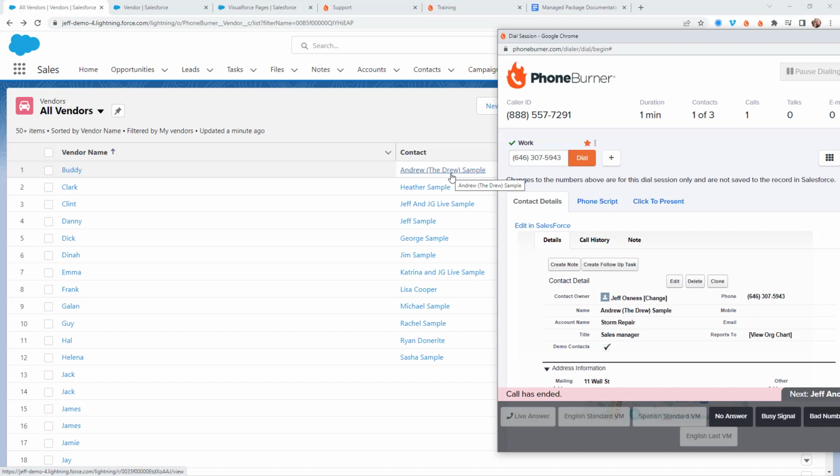All right, so that's how easy it is for you to add the option to launch a dial session to a custom object that's part of a managed package where you want to call contacts related to the records in